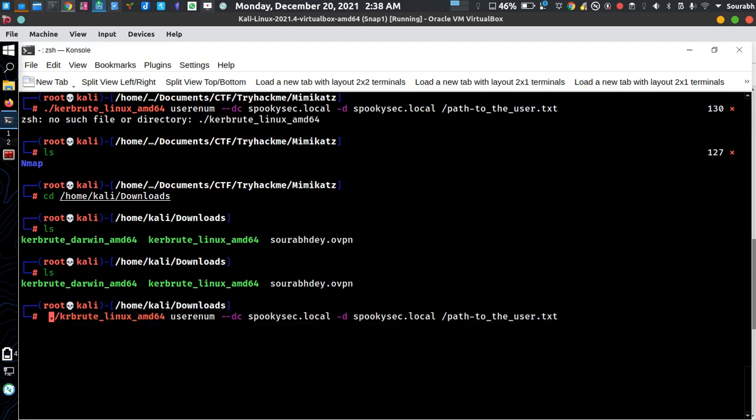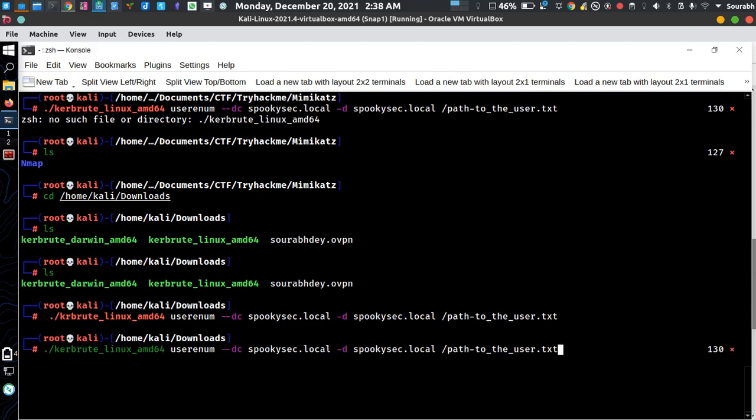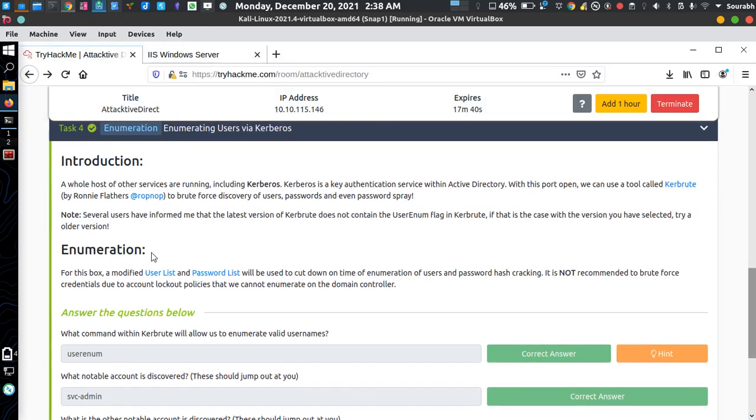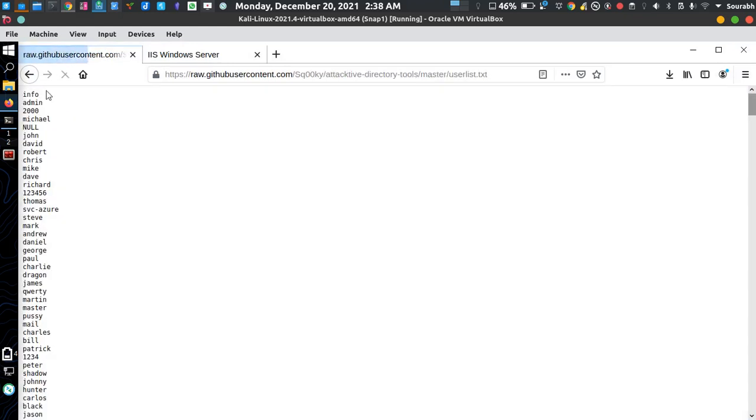Okay, where is the path? First of all, we need to find the users first.